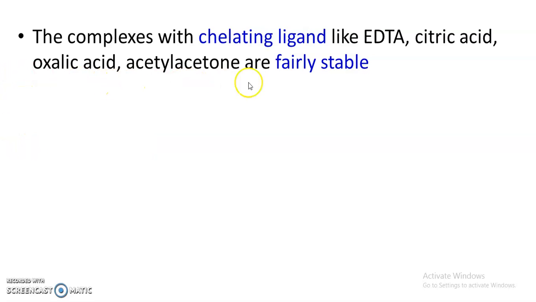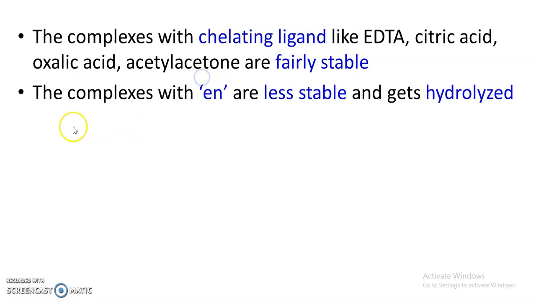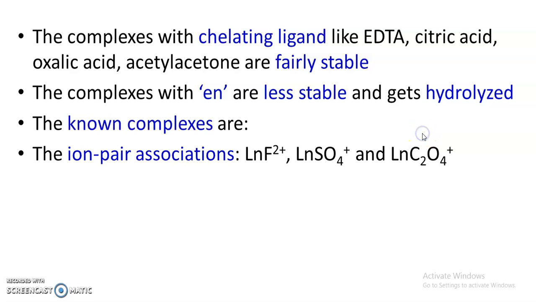The complexes with chelating ligands like ethylene diamine tetraacetic acid, citric acid, oxalic acid, acetyl acetone are fairly stable, whereas the complexes with ethylene diamine, which contains nitrogen as a donor, are less stable, and such complexes are easily hydrolyzed. The examples of known complexes of lanthanide ions are ion pair associations like